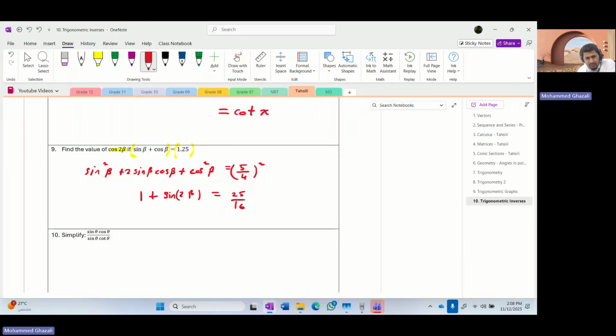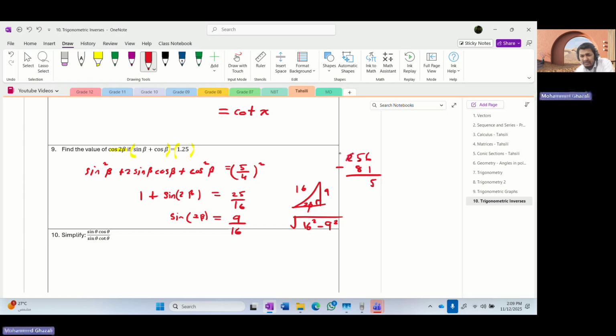We will take 25 over 16 and we will minus 1. Now don't minus 1, minus 16 over 16. So I will get 9 over 16. I got sine 2 beta is 9 over 16. 9 is the opposite. This is the triangle for 2 beta. The opposite is 9 and the hypotenuse is 16. So the adjacent will be the square root of 16 squared minus 9 squared. 256 minus 81